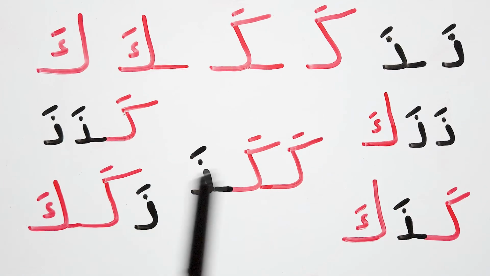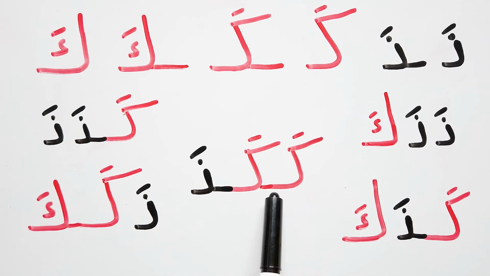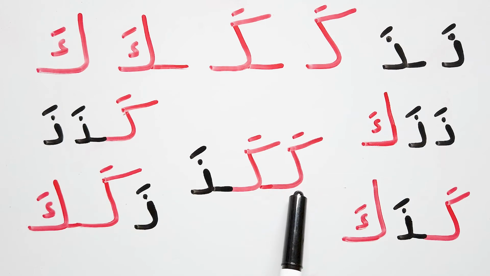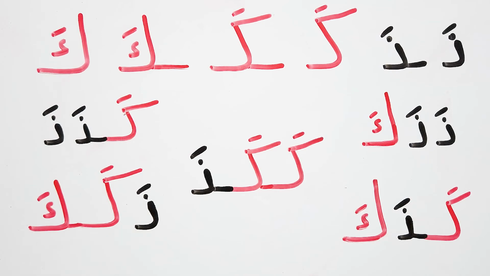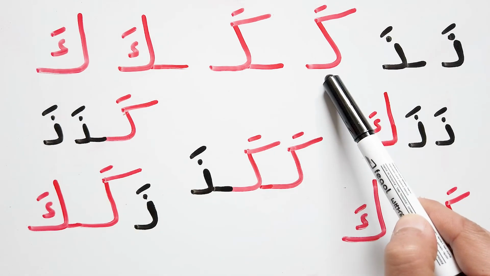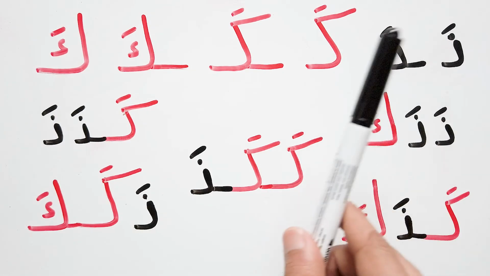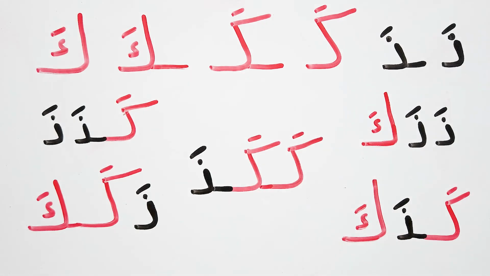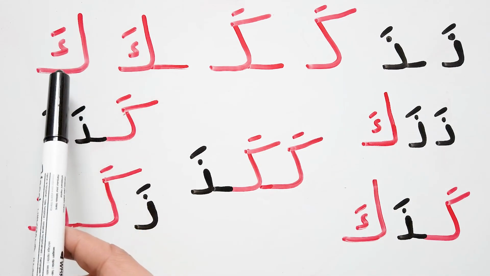Ka in the middle of the word. It can be this one when the previous letter is a regular letter, or this one when the previous letter is a refusal letter. Ka in the end of the word, it is this one when the previous letter is a refusal letter, or this one when the previous letter is a normal, regular letter. Okay? The bottom line is ka in the beginning of the word, ka in the middle of the word, it can be this or this. Ka in the end of the word, it can be this or this.